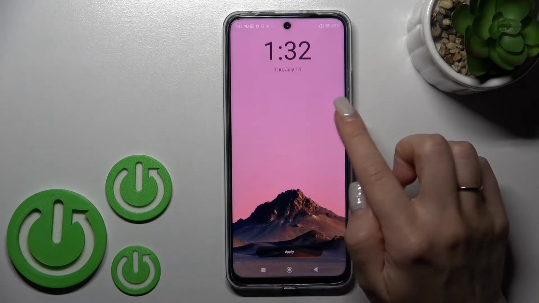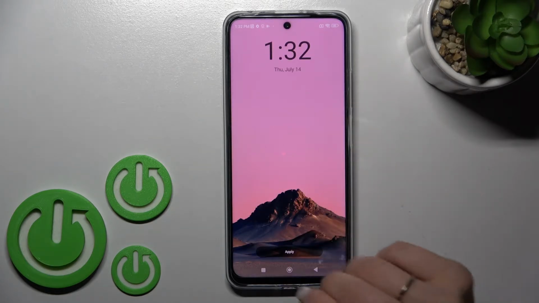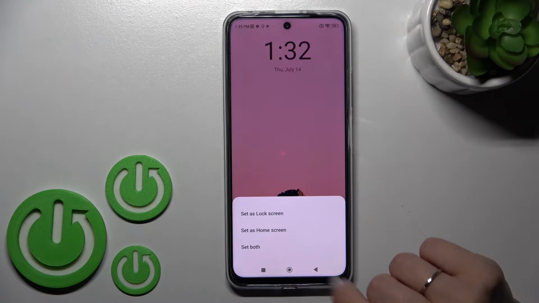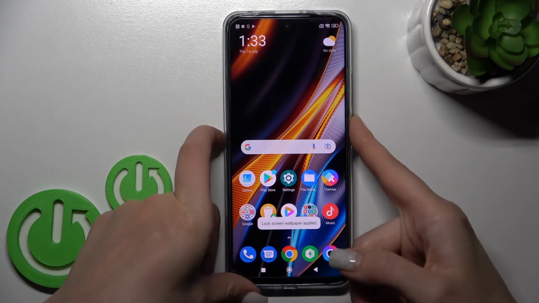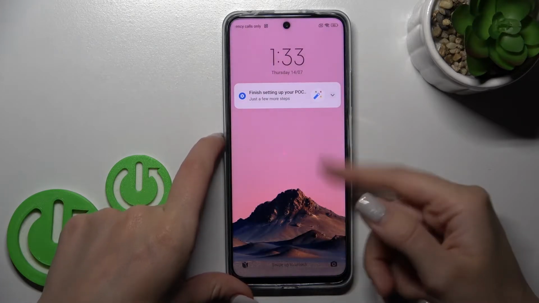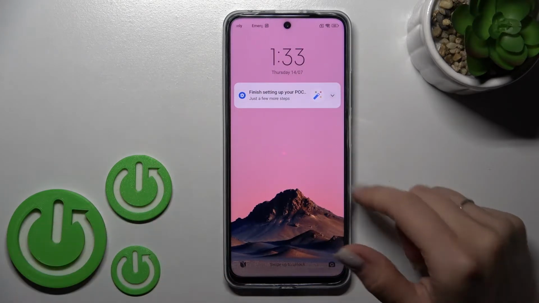Here we can tap to preview how this wallpaper will look on your device lock or home screen. Then just tap here to apply and click set as lock screen. After that, let's just lock the device, and we can see that we just successfully changed lock screen wallpaper on